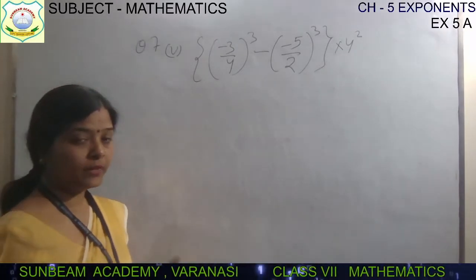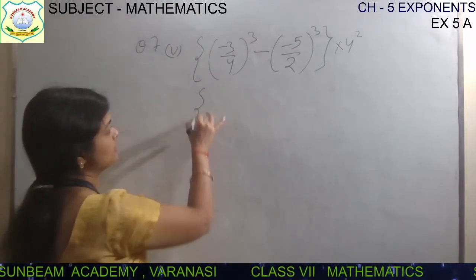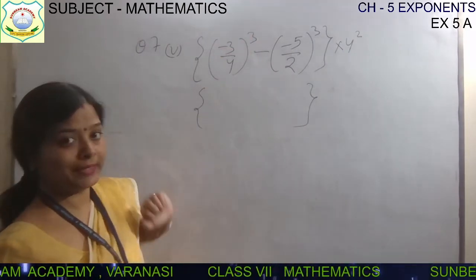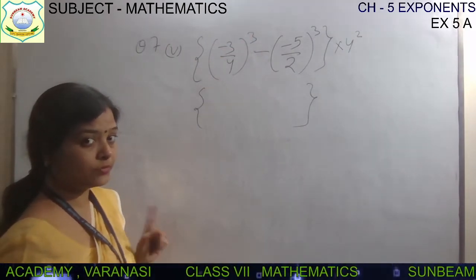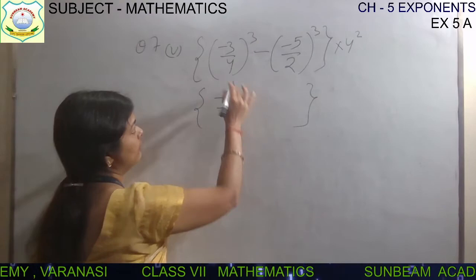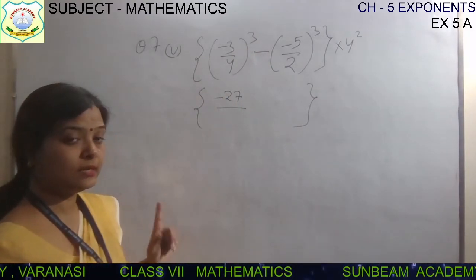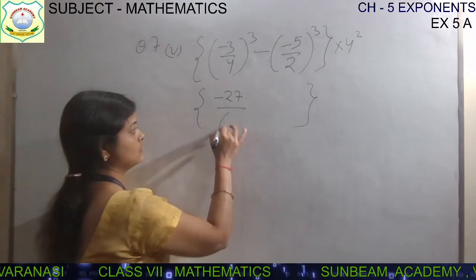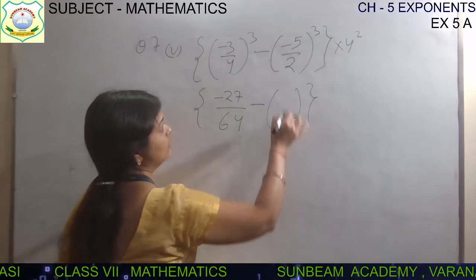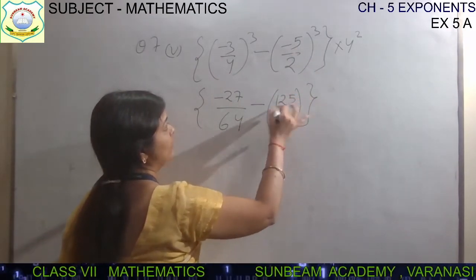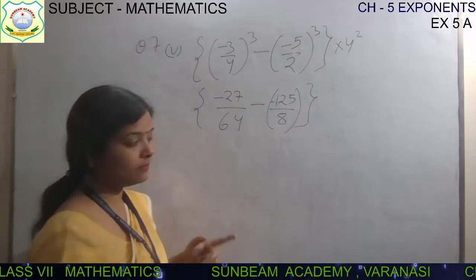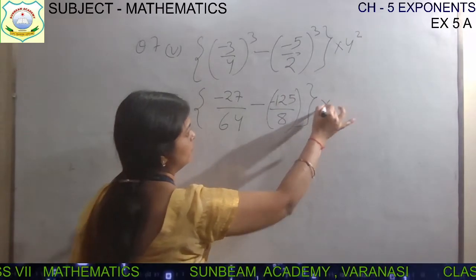This is the question. What we will do, children? We will first simplify this, which is there in the bracket. Minus 3 to the power 3 is 27, but minus sign will be there. So minus 27 by 4 to the power 3. 4 4s are 16 and 16 4s are 64. This will be 64, minus 5 to the power 3 is 125 and 2 to the power 3 is 8, along with minus sign. So when this minus sign will come out, here do 4 4s are 16.